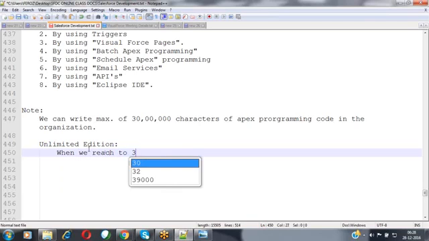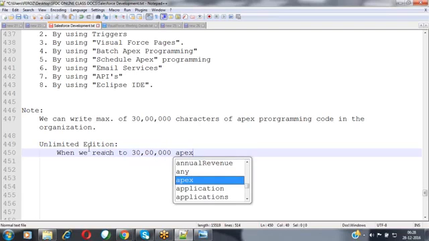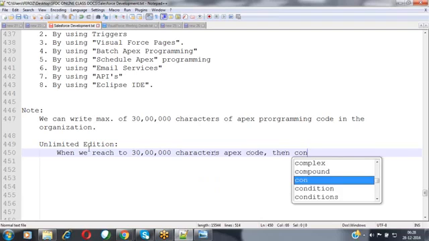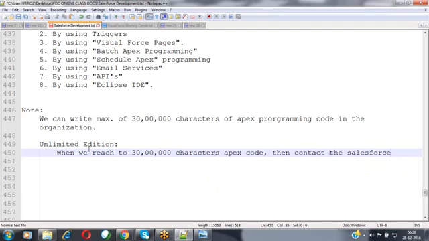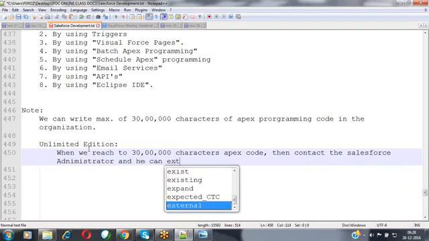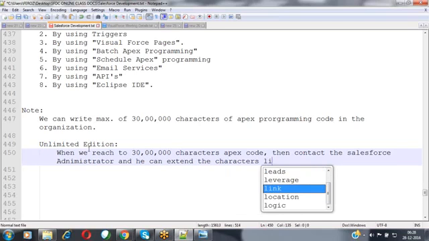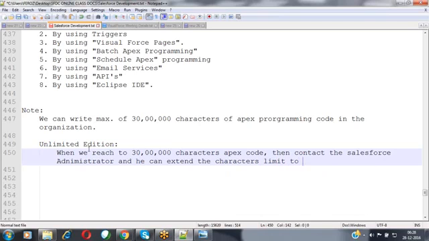The administrator can extend the characters limit to some 50 lakhs and to 1 crore also.